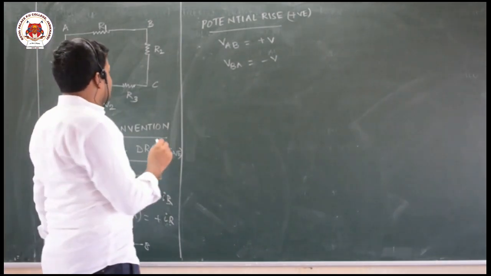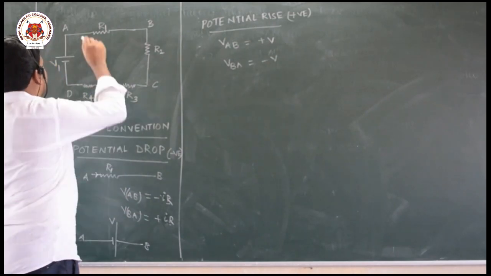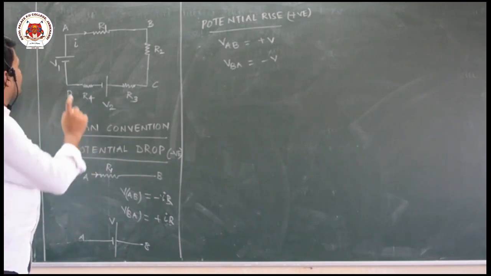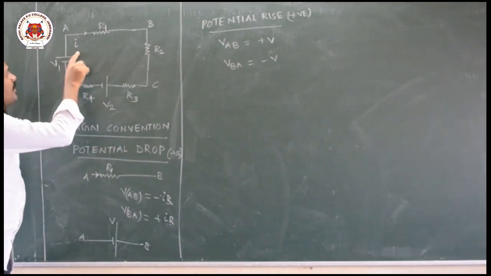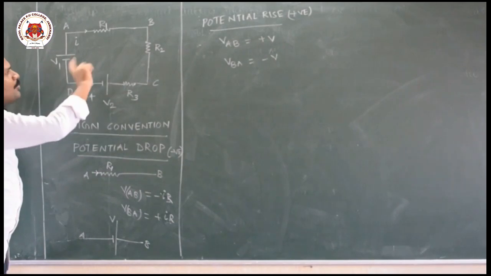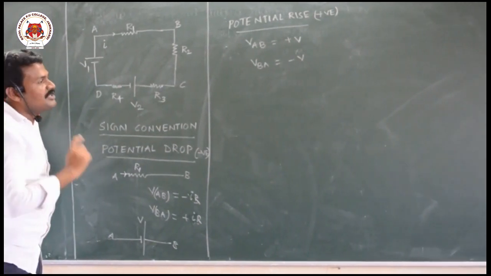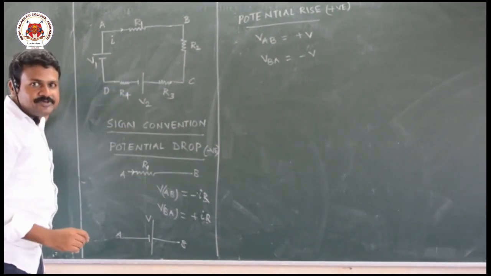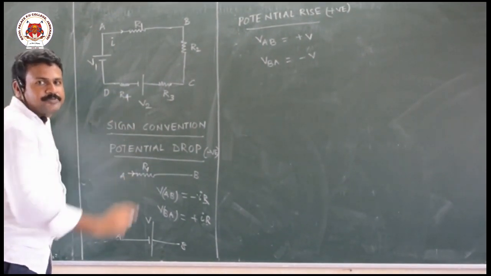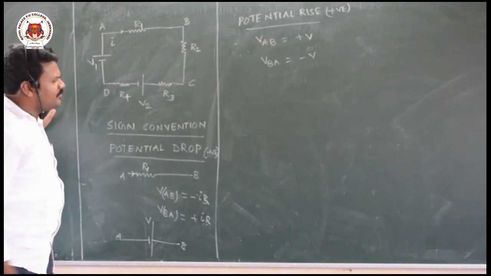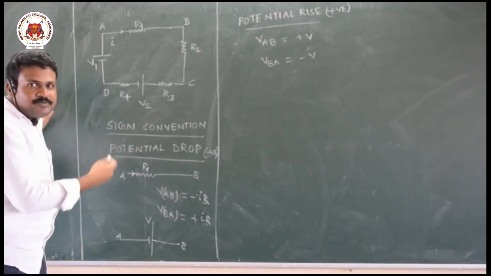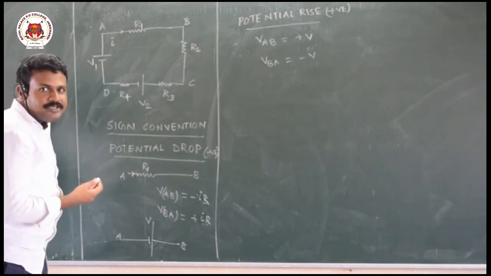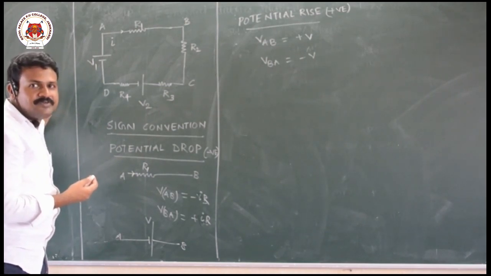Now again, let us apply Kirchhoff's loop law for this circuit. Let us take current I flowing through the circuit, and let us apply this loop law and see how to apply this sign convention. We will give a small idea how to follow sign convention while applying it to a loop. Many applications are there for Kirchhoff's second law when solving problems, and tomorrow we will take one or two examples and I will explain how to apply Kirchhoff's KCL as well as KVL.